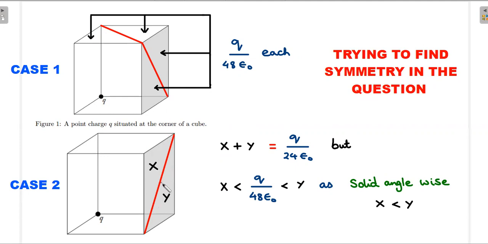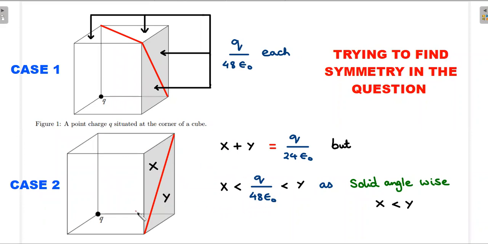On this side's face, if you carefully go back and check the picture, they have actually drawn this line. So let's try to see whether that also is a line of symmetry with respect to this charge. The sum of these two fluxes, individually I'm calling them x and y contributions of flux, is q by 24 epsilon naught. But you realize that the x value and y value are not equal to that q by 48